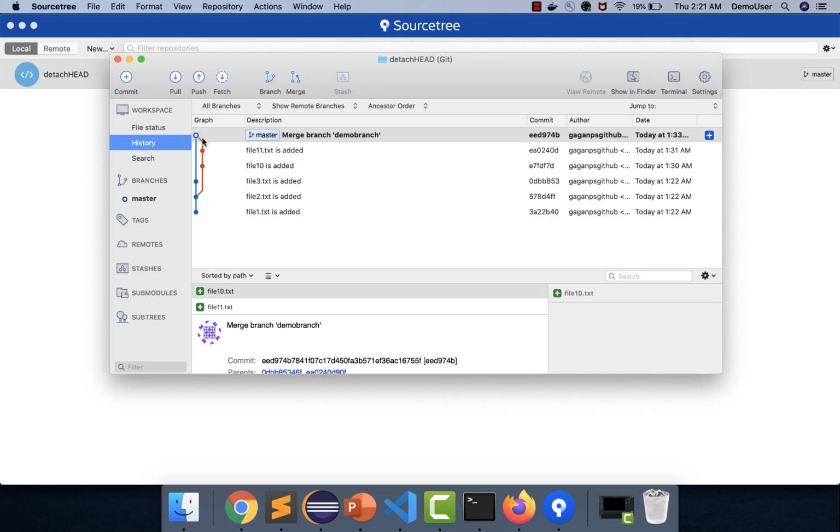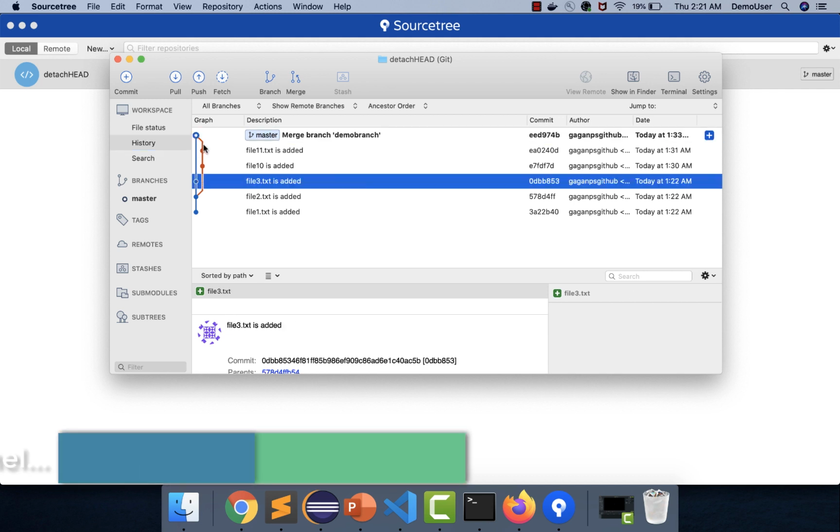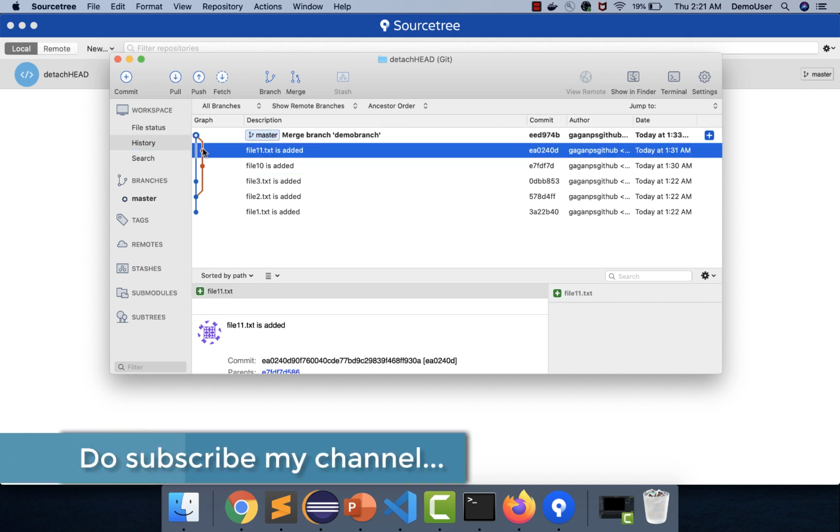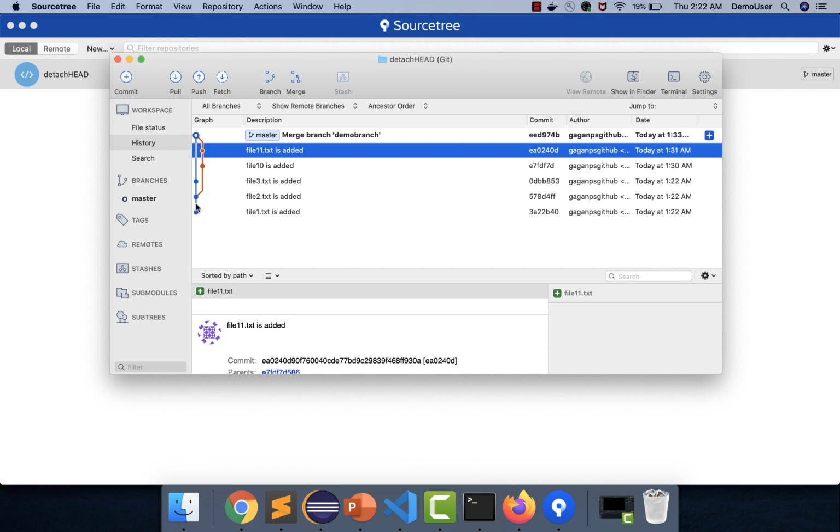In this case of merge, a third commit was created, which has two parents. It will have one parent that is this parent and another parent that is this parent. So this commit will have two parents, and this is called a merge operation in which two branches are merged together, and the commit that is created out of this merge will always have two parents, and we can always go back and check the history.